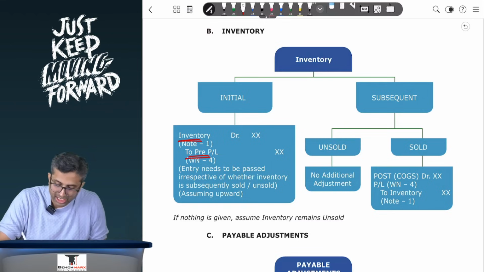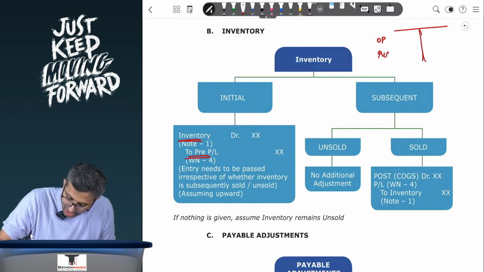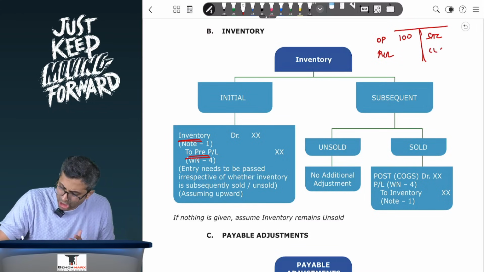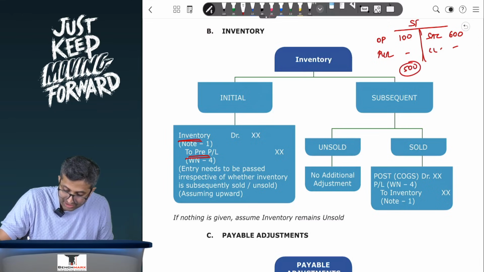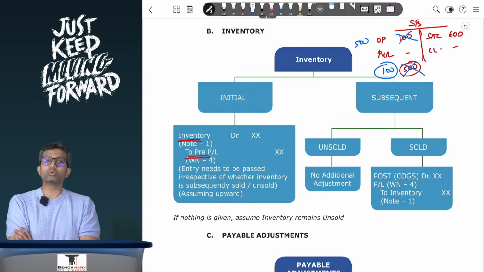Now, when I go to the next year, when you prepare the P&L, there is an opening stock, then there are purchases, then there are sales, and then there is closing stock. Earlier, let's say the opening stock was 100, and you ultimately sold it at, let's say, 600. Let's say there were no further purchases and no closing stock, in which case the profit came to 500 rupees. However, this is in SFS. When you prepared CFS, your opening inventory was not 100, it was actually 500, sales remaining the same at 600. This profit would have been 100 rupees,